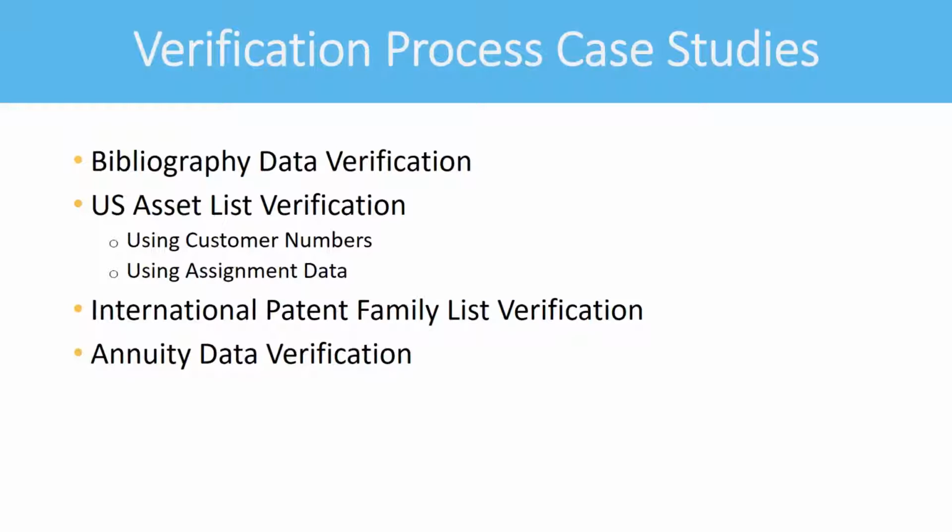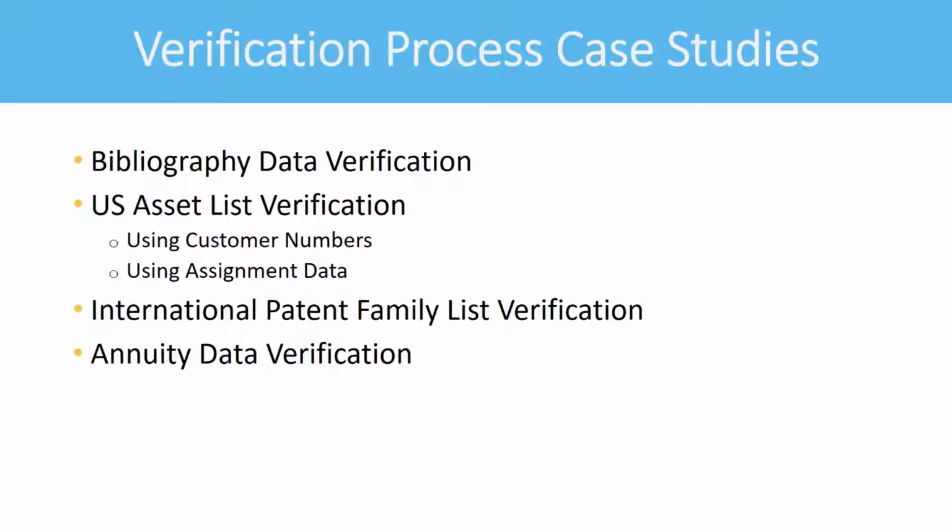Okay, well, my last one that I'm going to give before we move on to questions is to talk about annuity data verification. Many of these IP management systems are directly connected to a vendor's annuity payment system. And if the data that's essential for the annuity payments is incorrect in the docketing system, then the annuity payment might be missed and rights be lost because that data didn't transfer to the annuity vendor's system